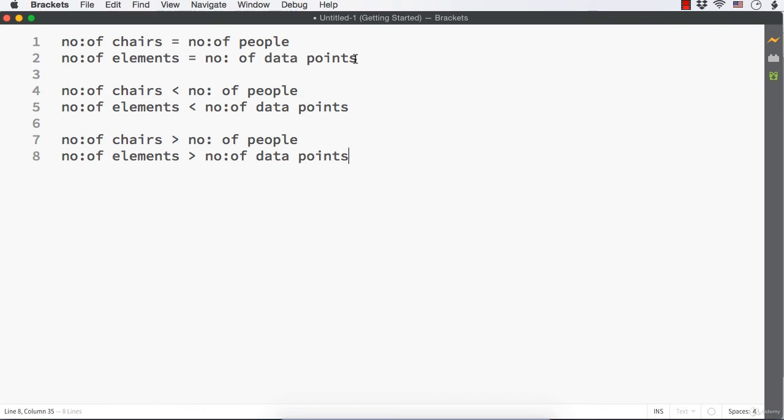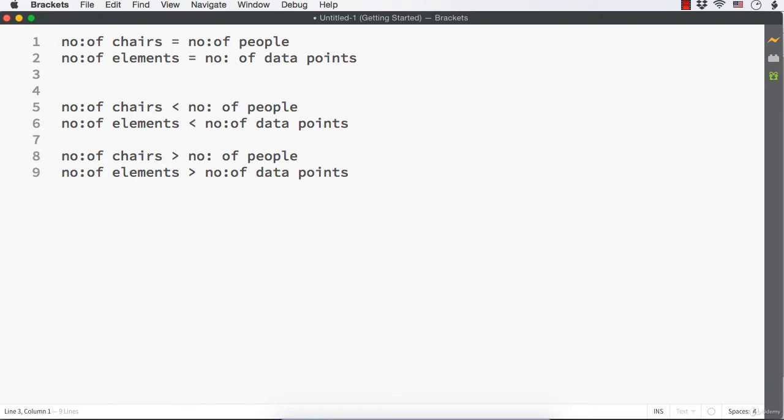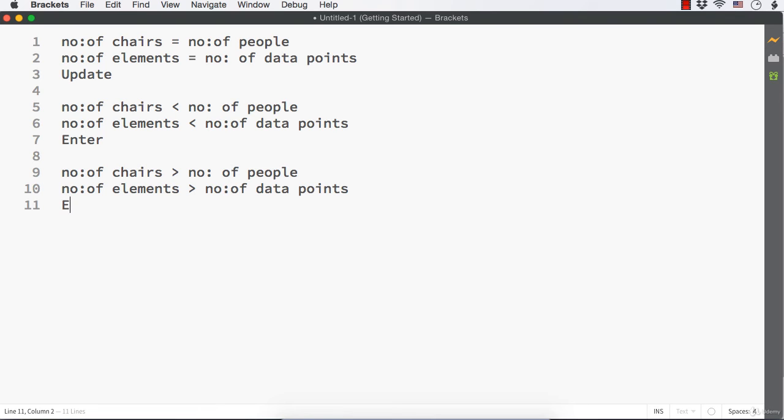So in D3, these actually correspond to update, enter and exit. So the number of data points joined with the number of elements correspond to update selection in D3, and the excess data points result in enter selection and the unbound elements result in exit selection.